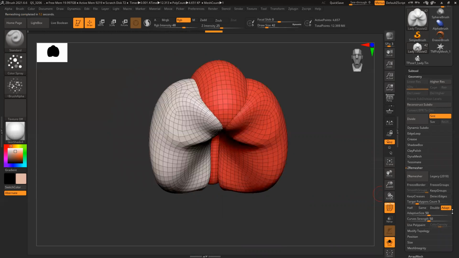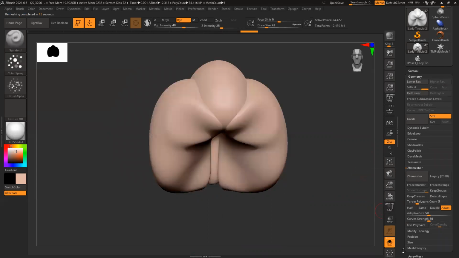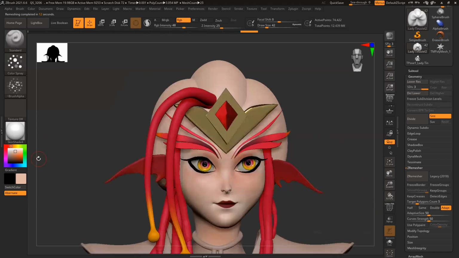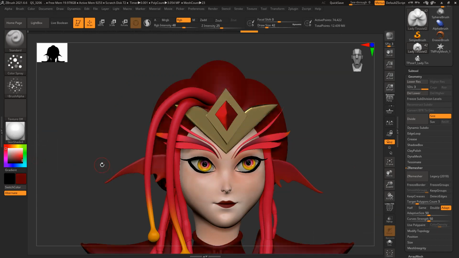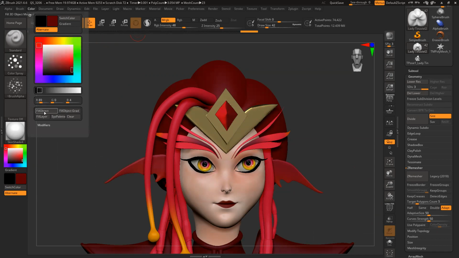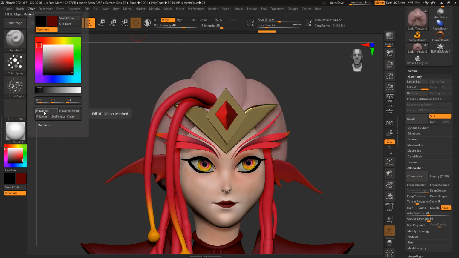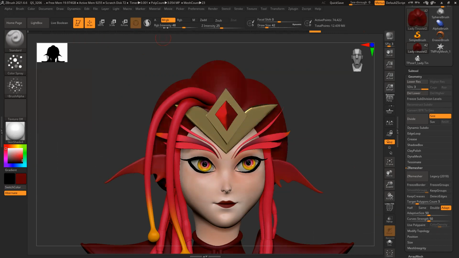The topology becomes kind of clean. Here, MRGB, fill color. Okay.